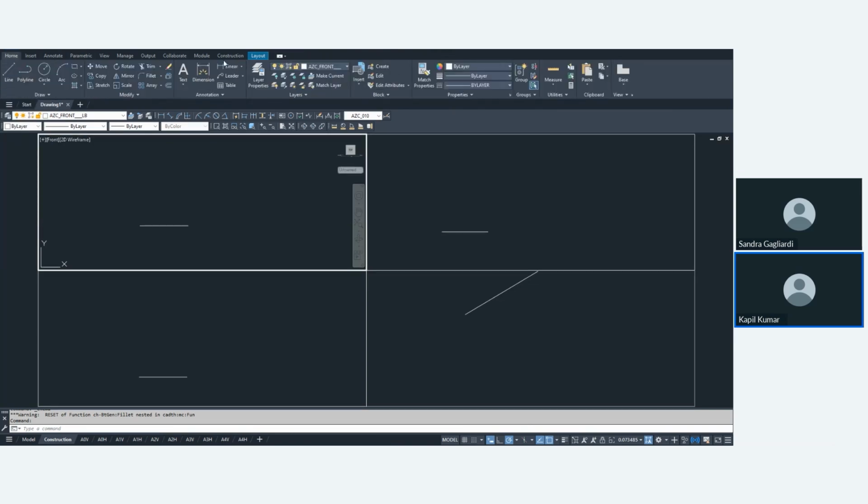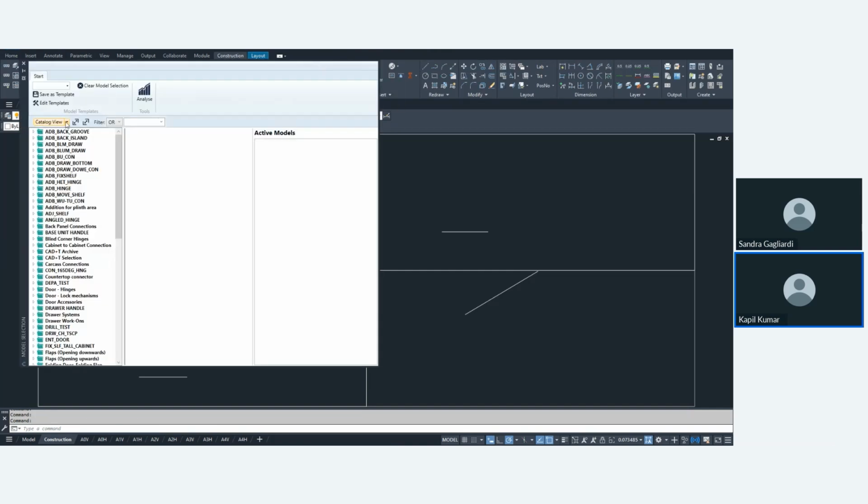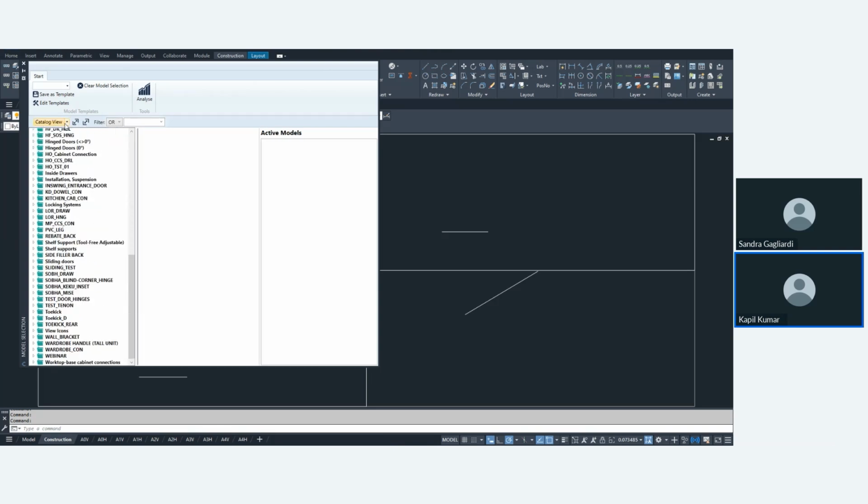After conditioning, we have here macros. Macros, what is the meaning of macros? Meaning we have some already tie up with Hettich, Hafele, these are automatic connections, Blum, Grass, and some other brands also, Lamello and these types of brands. Meaning if you want some hardware automatically placed from our CAD+T software, we simply go there. Suppose we require only Blum, so we go here and select only the Blum catalog from here,